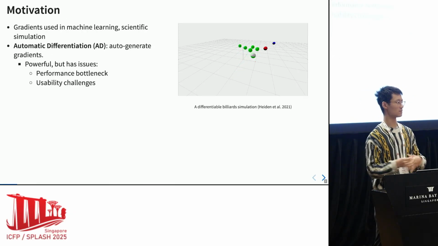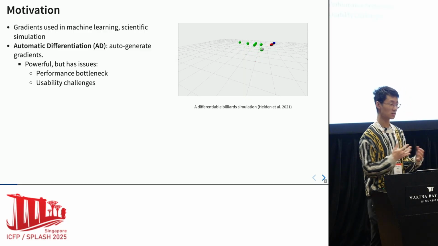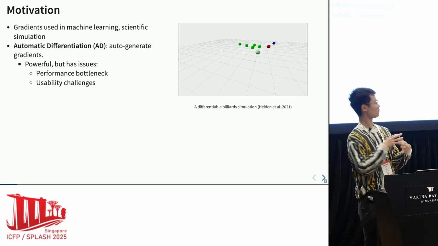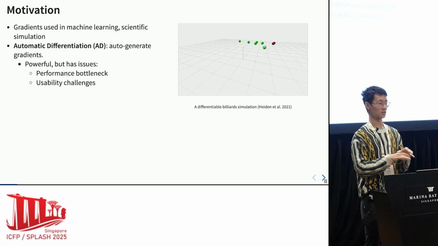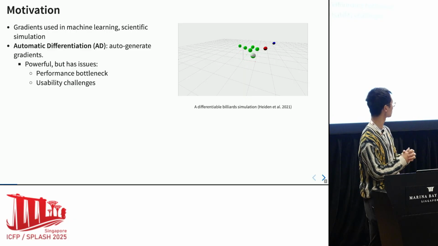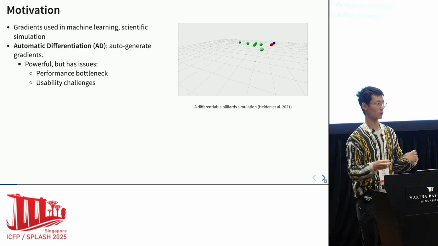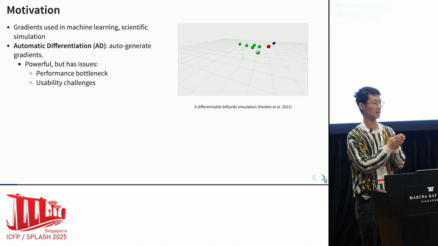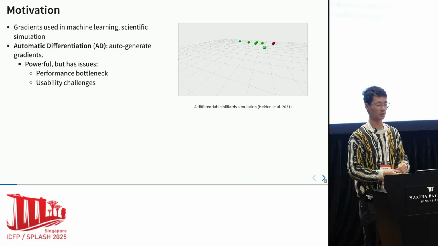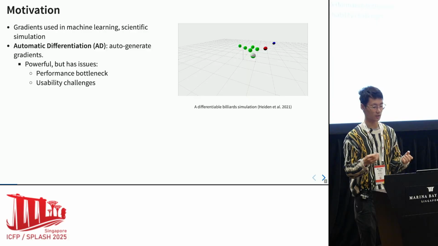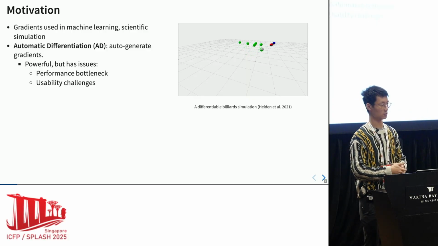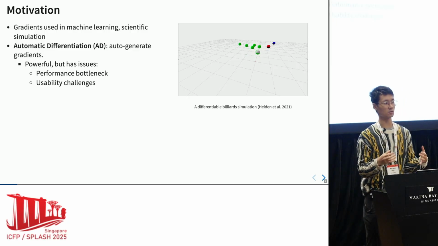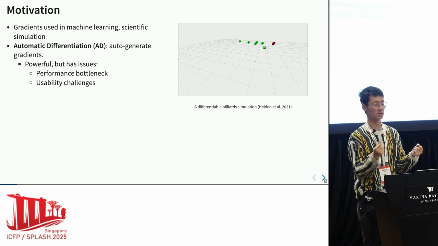Okay, so to motivate this talk and to motivate automatic differentiation more broadly, the computation of gradients is ubiquitous in the fields of machine learning and scientific simulation. It's perhaps, controversially, most well-known in the training of deep neural networks, but it's also used in all sorts of inverse problems, like this billiard simulation where you have some initial parameters for your simulation, namely the angle and the amount of force that you apply to your ball. And then you have some target state, which in this case, you want to get the red ball as close as possible to this blue position. And you can backpropagate using derivatives, using automatic differentiation, to find these initial parameters that best match your desired target